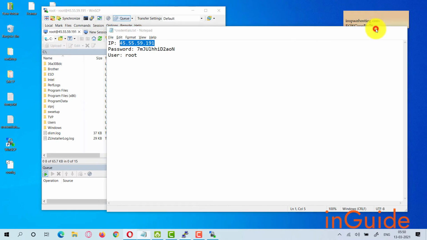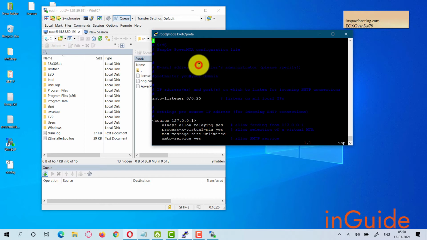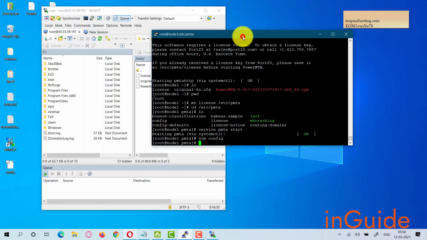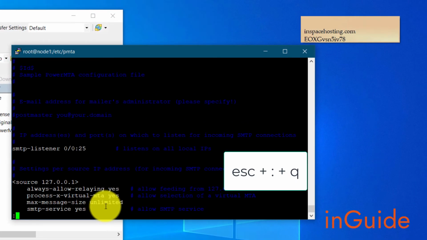So here note that my config file is in the /etc/pmta directory. So I have to upload it in that directory. Forgot one thing, in order to exit Vim, you have to type this command that's shown on the screen.